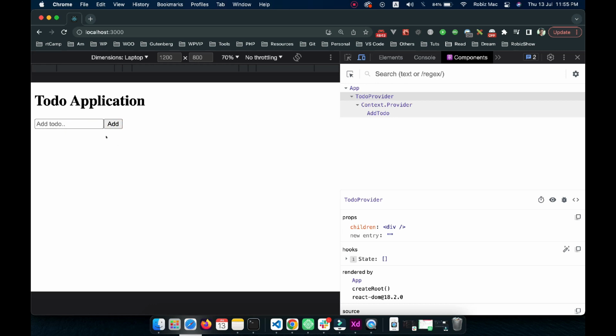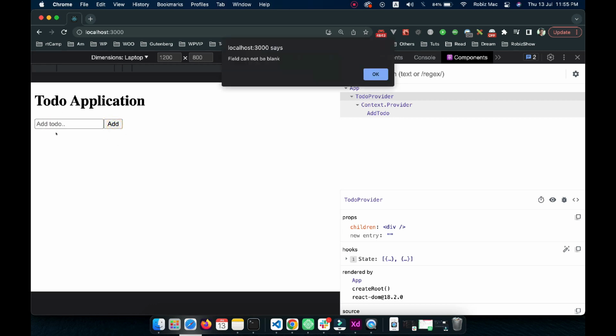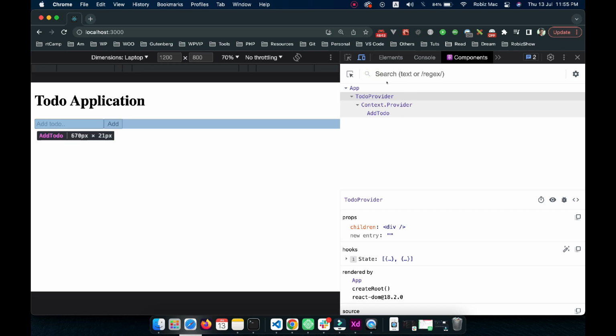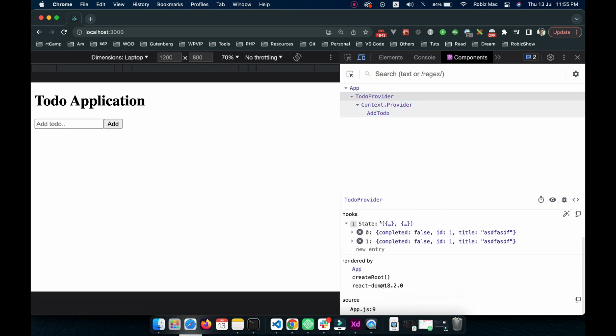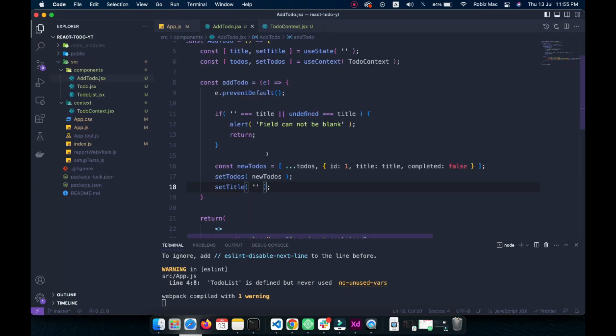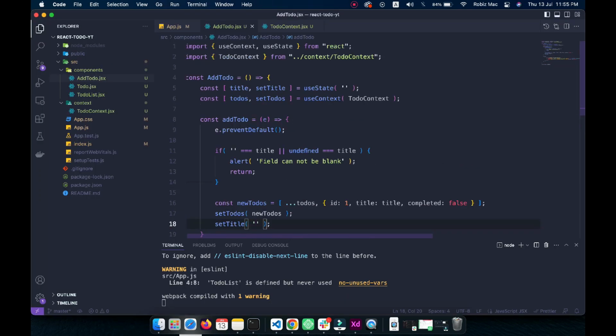So we can add another thing, it will be cleared. Now if I click on with a blank value, it is saying field cannot be blank. If you click on OK, the value is not added, so there are just two values here. So our add to do is technically working, but I want to show you one more thing, which is